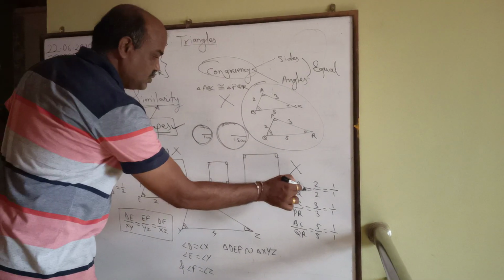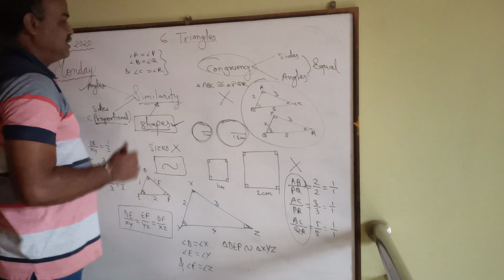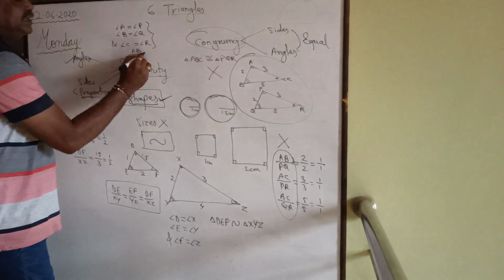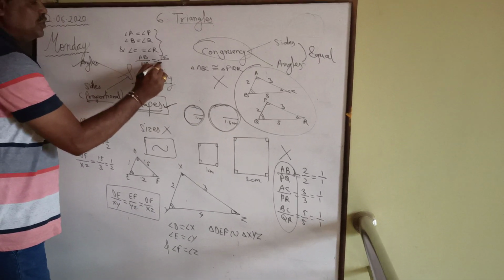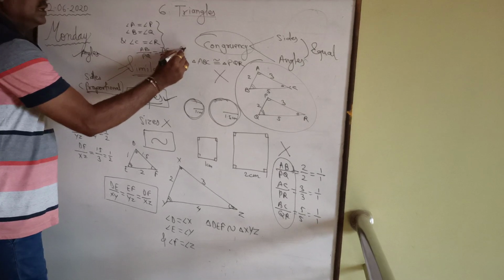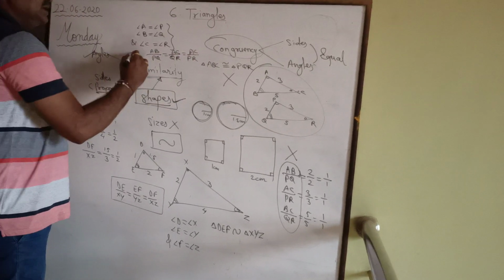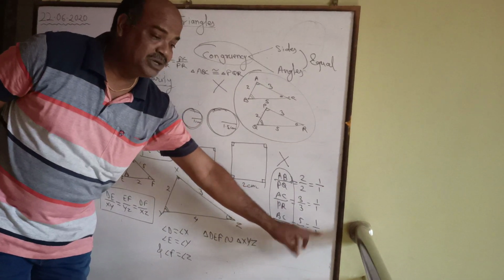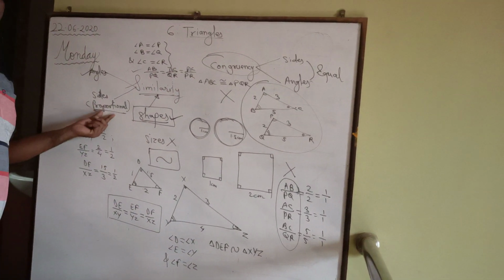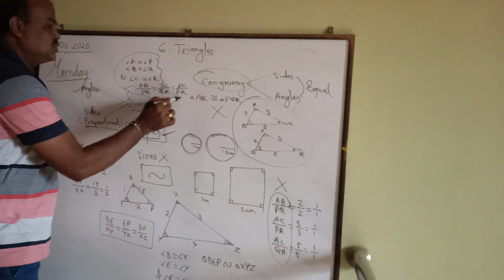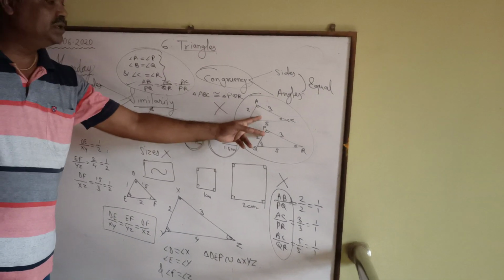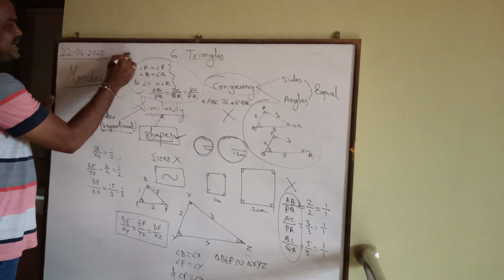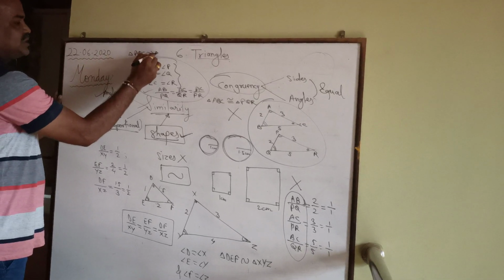That means we can take LHS as equal. That means we come to know that AB upon PQ is equal to BC upon QR equals AC upon PR. Here friends, their corresponding sides have the same ratio, that means they are proportional. So friends, we come to know that the congruent figures are also similar figures. We can say that triangle ABC is similar to triangle PQR.